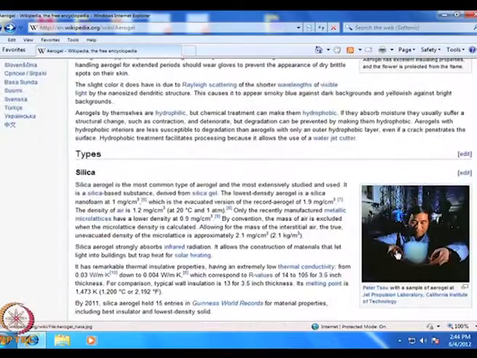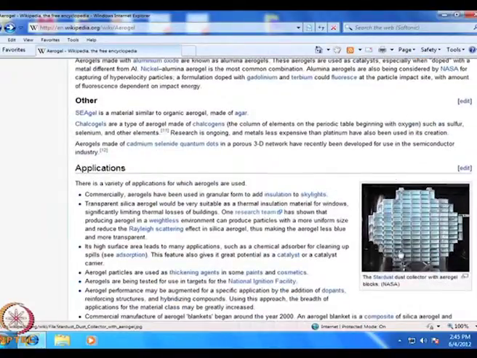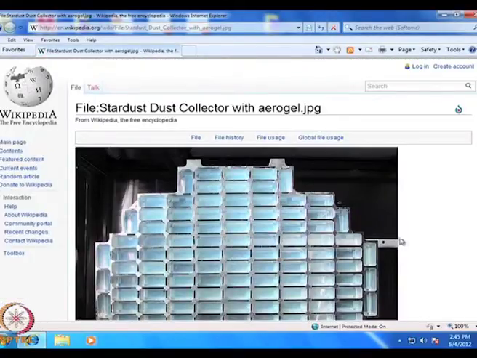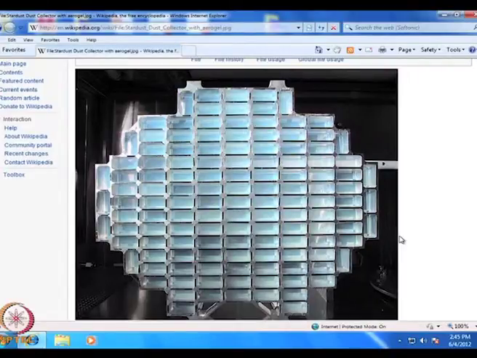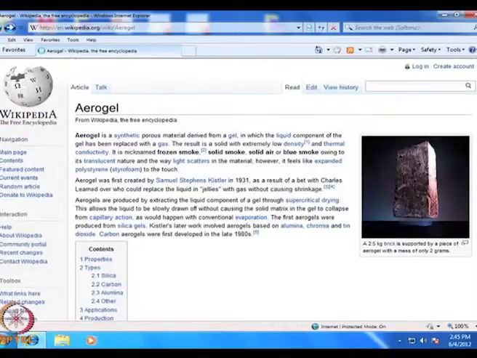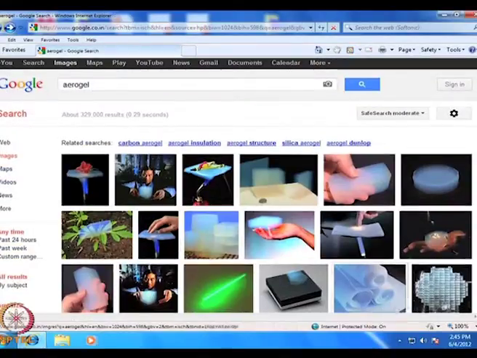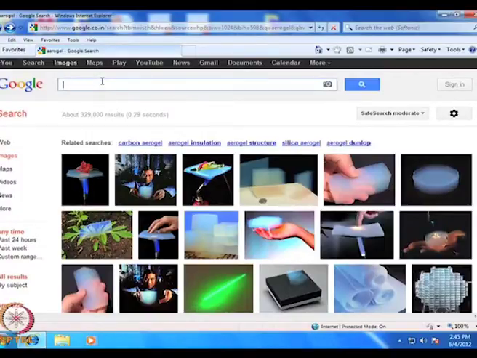An example of aerogel in use is this one. This is a material sent up by NASA as a stardust collector, which is trying to capture the dust in space. And this is basically an aerogel, a very lightweight body. You can look through this aerogel. You can Google and find out various structures of aerogel and its various uses. If I key in xerogel,